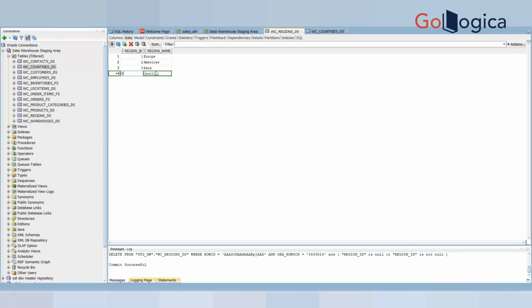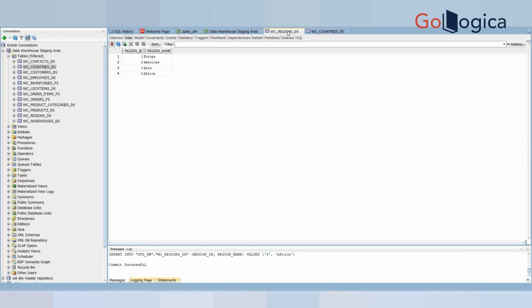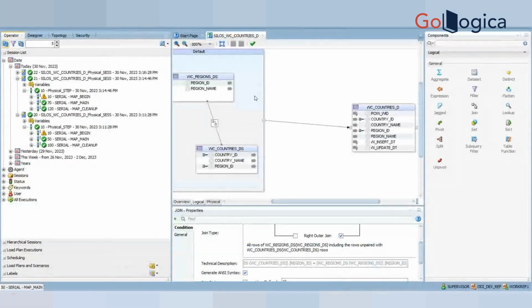We have Europe, America, Asia. So the missing one is region Africa. Select Africa. Now in the countries we don't have the region ID 5, whereas in the region we have a fifth region ID. So now when I execute the interface once again,